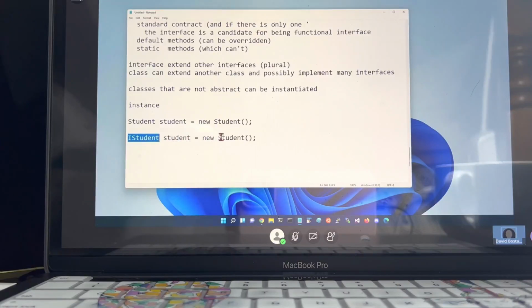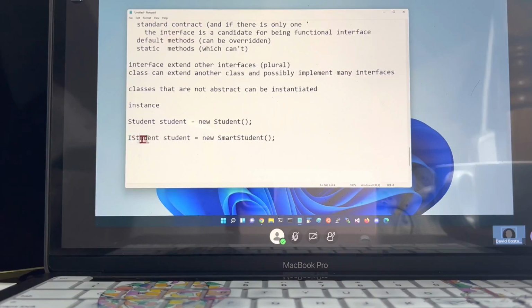That way, if later on I create myself a new smart student, which is also a class, it still is an instance of an iStudent. So this way I can vary my implementation independently of the interface I'm using.